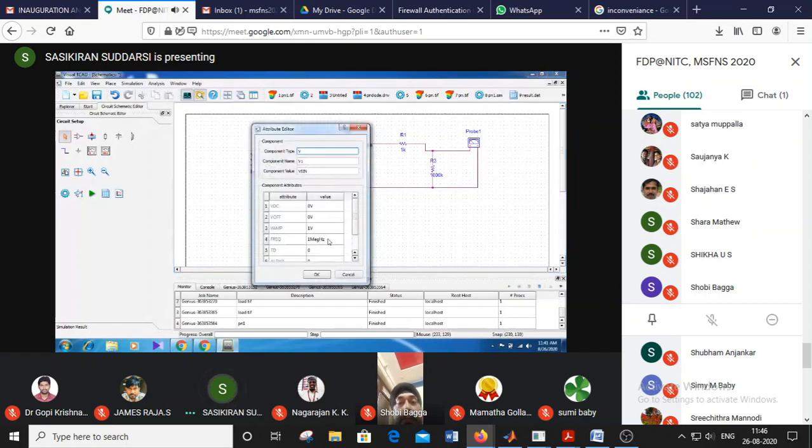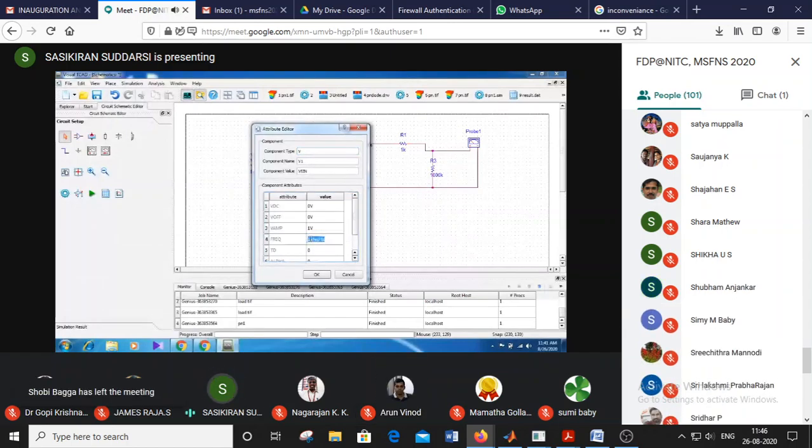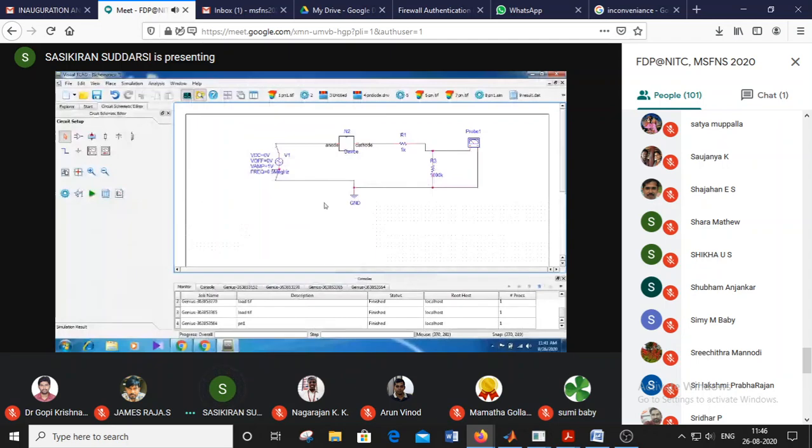So we can take roughly some 0.5. So that's all for this one, and save this circuit.